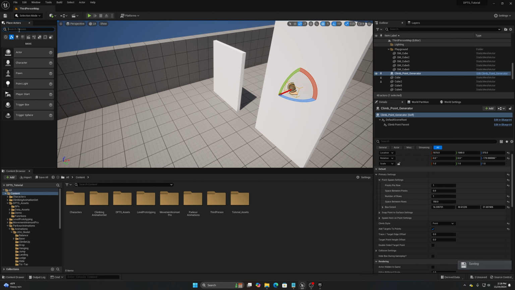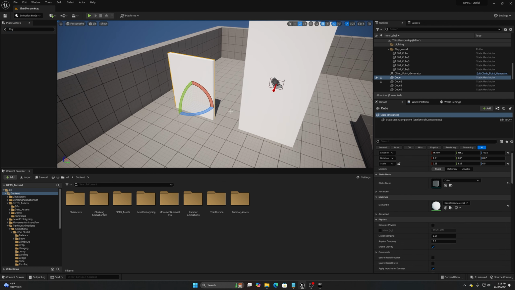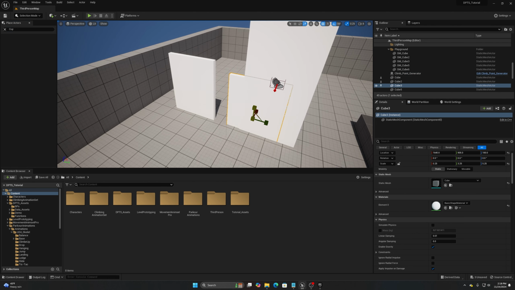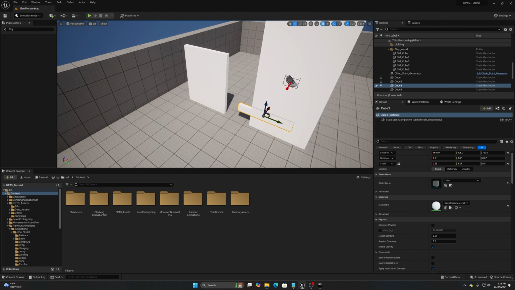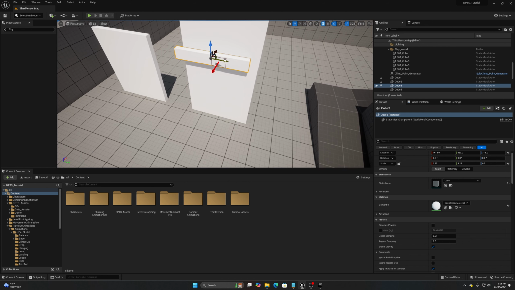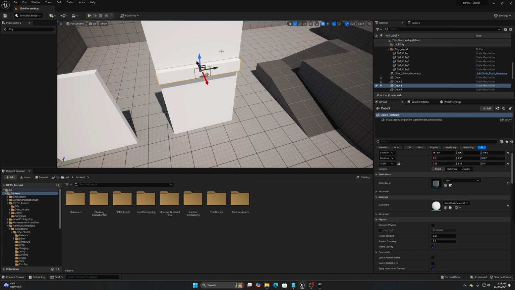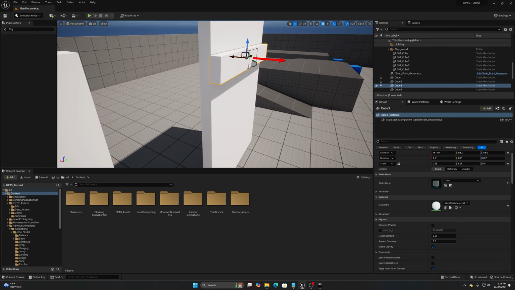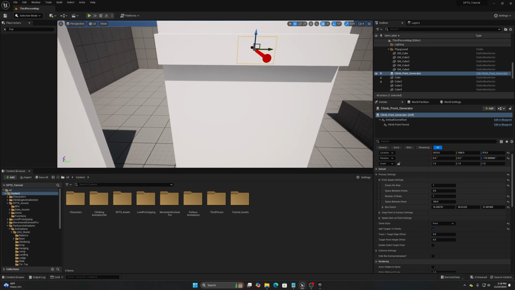So let's say, for example, I'm just going to grab this guy and duplicate him here. I'm going to shrink him down, something like this. And let's say you have an actor wall, something like this, where you want to be able to use this actor wall. Let's say this is all one piece and you got this from an asset pack and it looks something like this, right? Well, to be able to make it so that this area is going to be utilized as